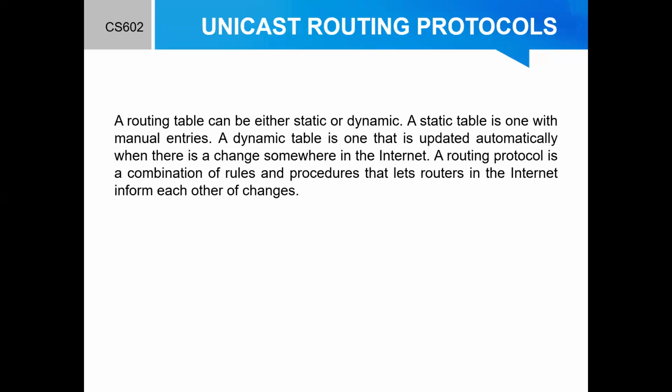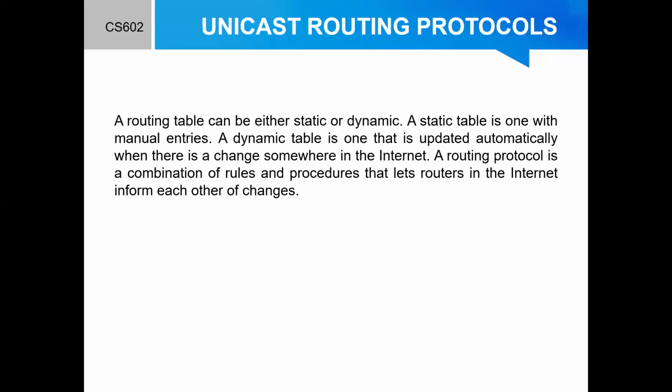Other protocols, such as Open Shortest Path First, that is OSPF, allow the administrator to assign a cost for passing through a network based on the type of service demanded. A route through a network can have different costs, or you can say metrics. For example, if maximum throughput is the desired type of service, a satellite link has a lower metric than a fiber optic line. On the other hand, if minimum delay is the desired type of service, a fiber optic line has a lower metric than a satellite link.